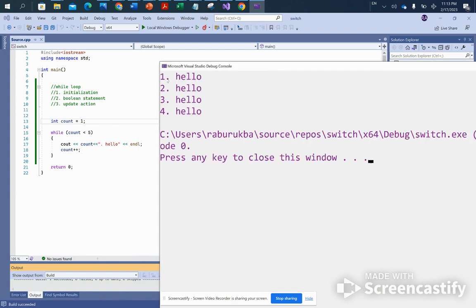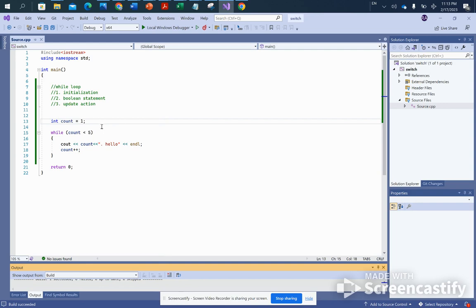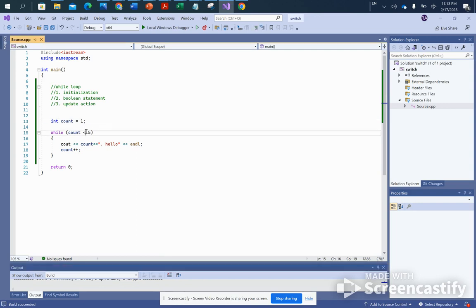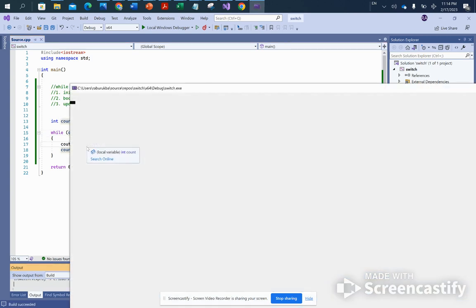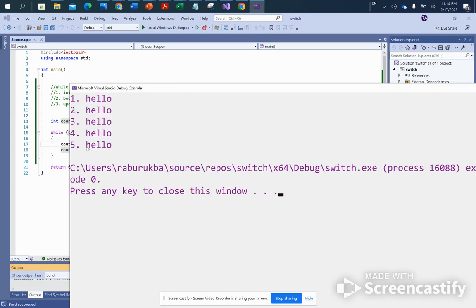So I'll have 1, and instead of saying 0 hello, it will say 1, 2, 3, 4, but now I'm missing 1 hello, if I want 5 hellos, right? So now, how can I fix this? How about if I change this condition? I cannot say count less than 5 anymore because I also want the 5th hello. So I can say while count is less than or equal to 5, and that will do the job for me. It will print 5 hellos again.